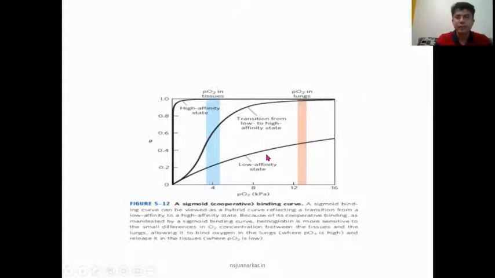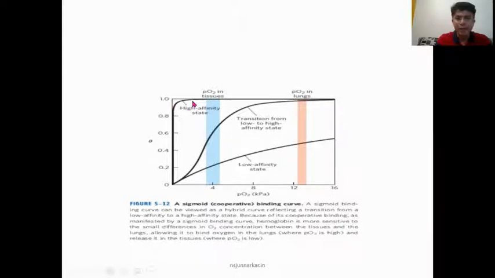So if hemoglobin is in a low affinity state, it won't be able to bind oxygen in the lungs. And if it is in a very high affinity state, like myoglobin, which is a tightly binding protein with more affinity towards oxygen compared to hemoglobin,